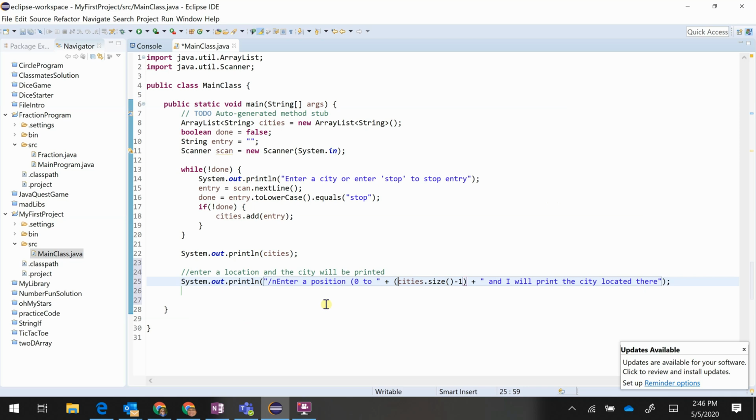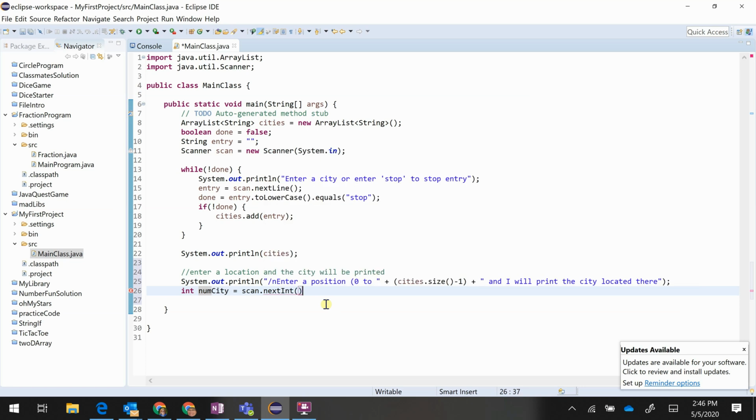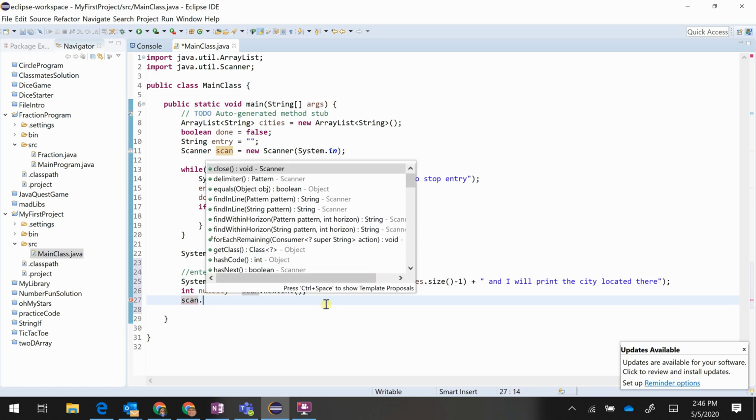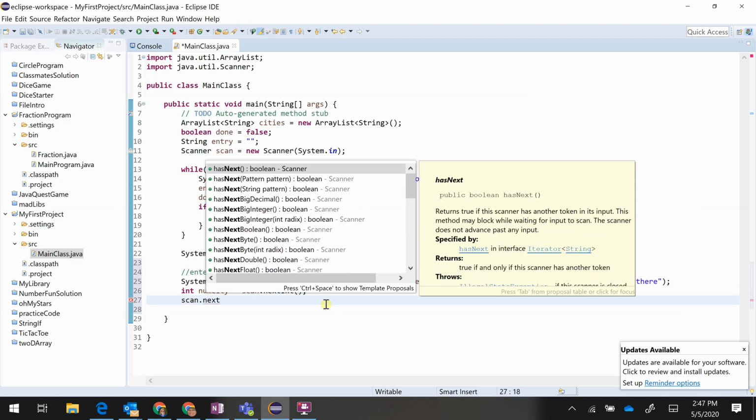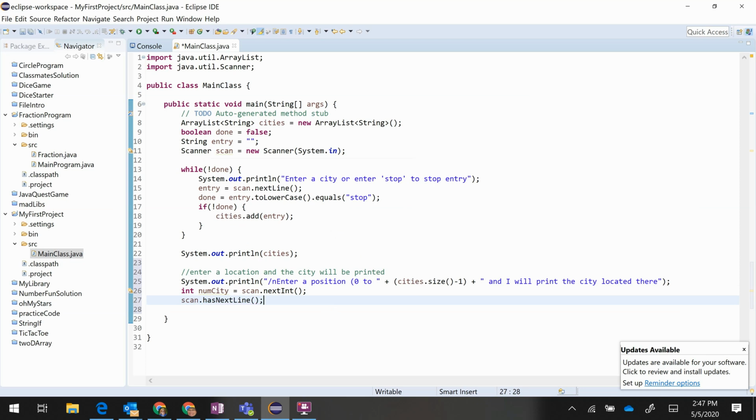So I'm just going to write int numCity, and we're going to do scan.nextInt, and I'm also going to do a scan.nextLine to eat up that return, and then I'm going to do my sysout,